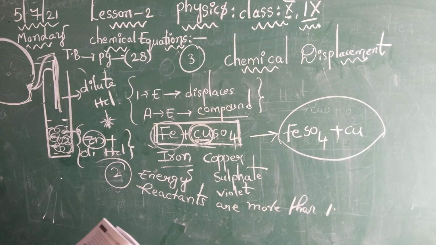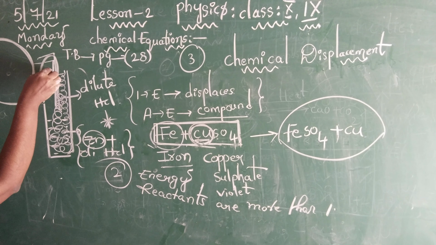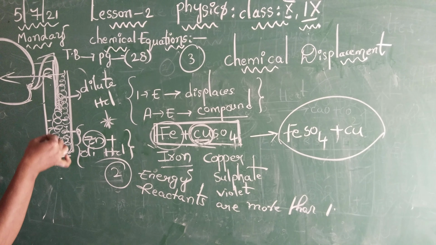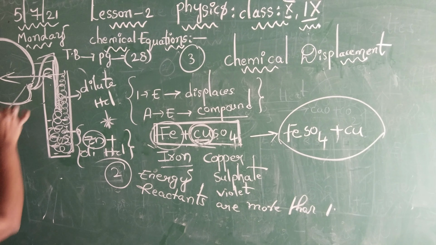Some amount of fumes will be released from the conical flask and finally it reaches the top of the conical flask. This will be transferred to the surface of the balloon and the balloon is going to bulge out. Zinc pieces react with hydrochloric acid and liberate hydrogen gas. As these zinc pieces react with HCl, what happens? Hydrogen gas will be evolved outside. H2 gas is going to be liberated. So what is the chemical reaction here?